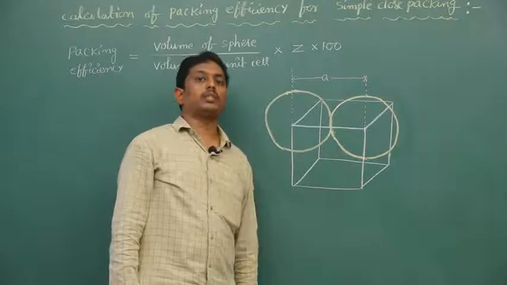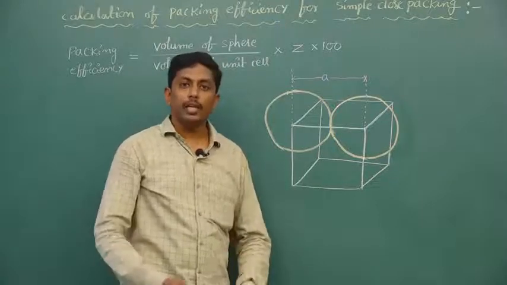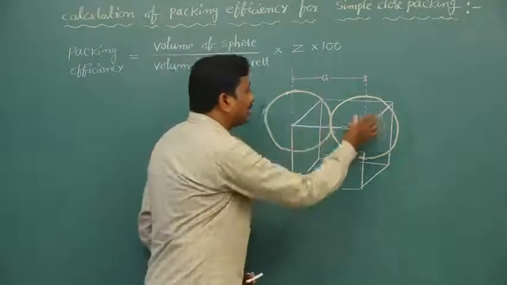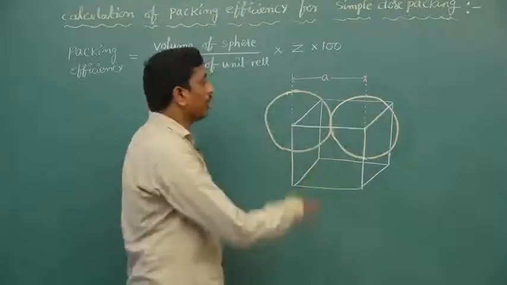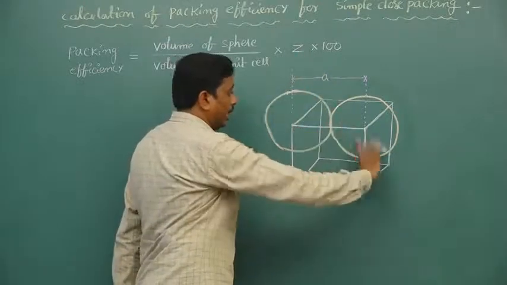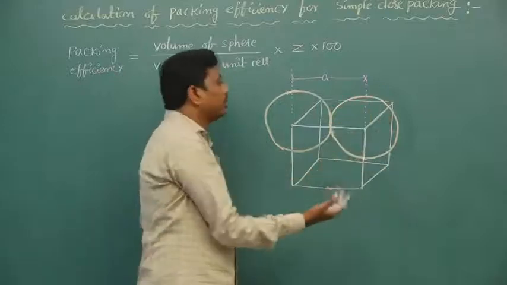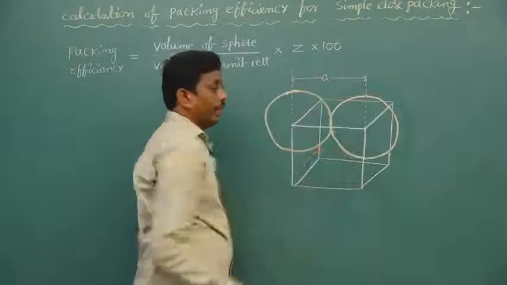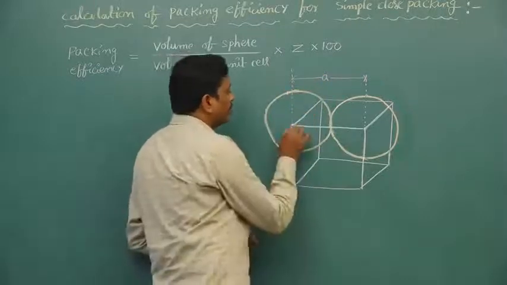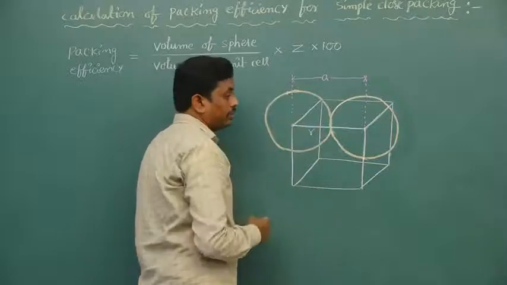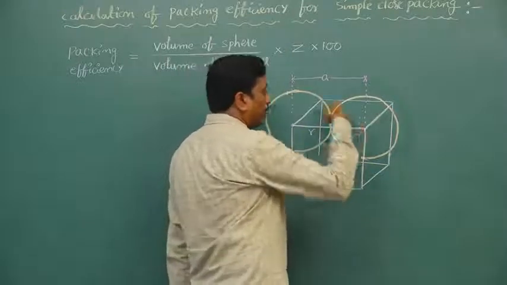In simple cubic system, all the edges are the same, A equal to B, B equal to C, where A, B, C are edge lengths. So, all the edges are the same. That edge I am denoting with the letter A. So, this is edge A, any edge we can consider. For simplification I am considering this edge. So, edge length A. Now, if you observe, this is the radius of the sphere, or the center of the sphere, and assume this is the center of this sphere.